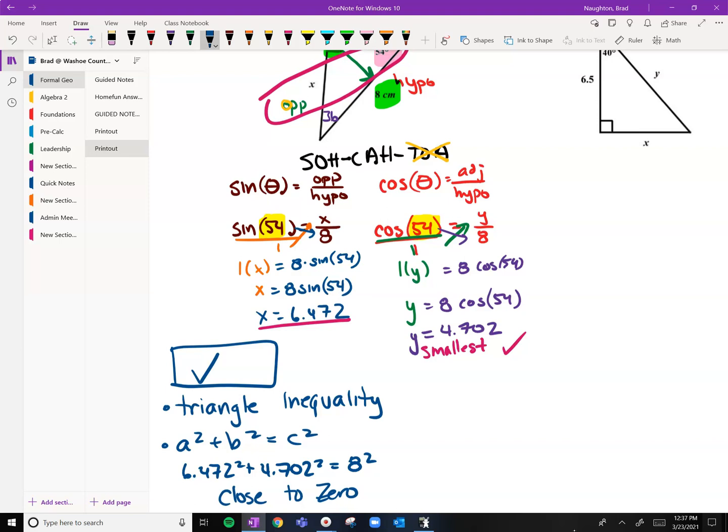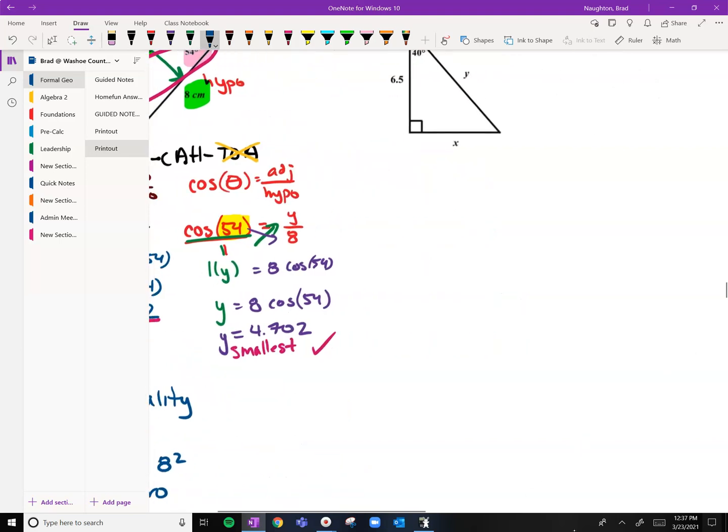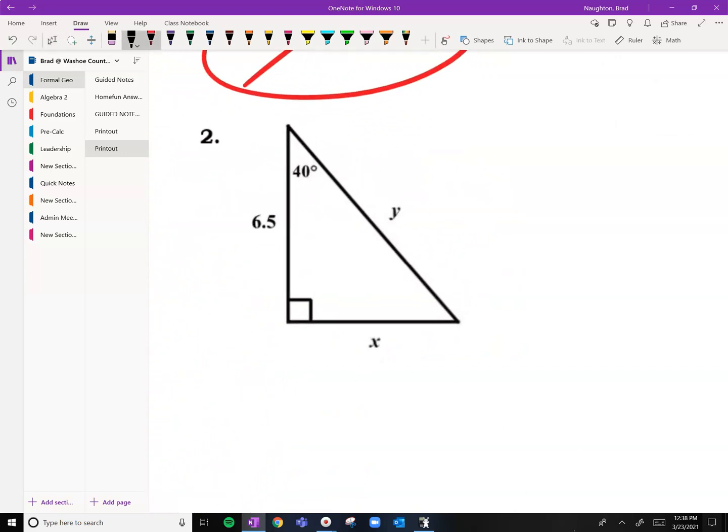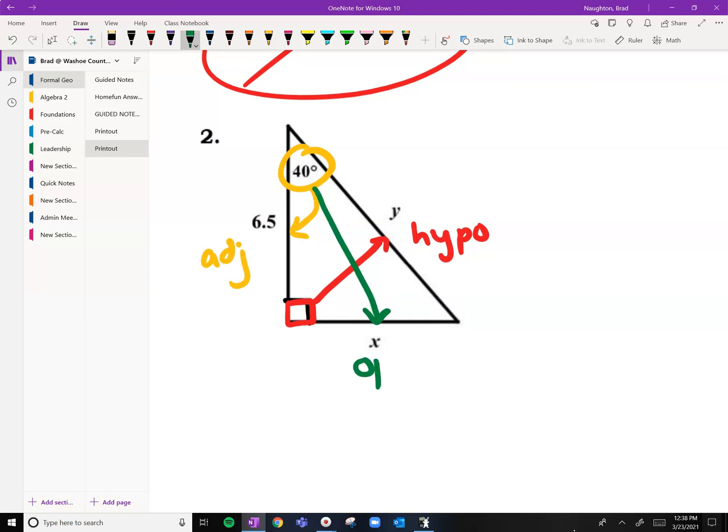Alrighty. So, in this next one, this is my 90-degree box. Let's do it in a color we can see. So that means this is the hypo. Here is my theta, so that means this is the closest, so adjacent. And last but not least, the farthest away, opposite. So notice I'm still using,